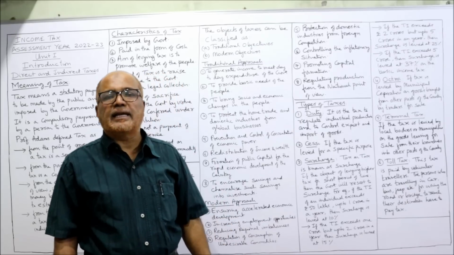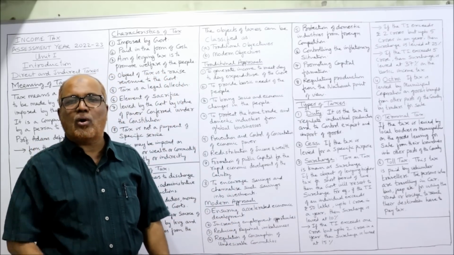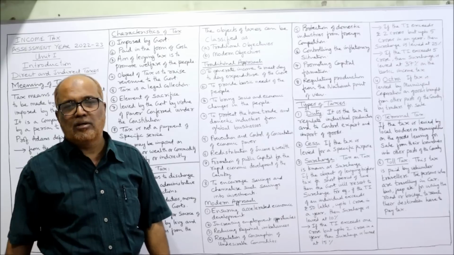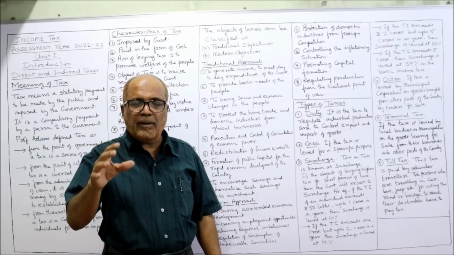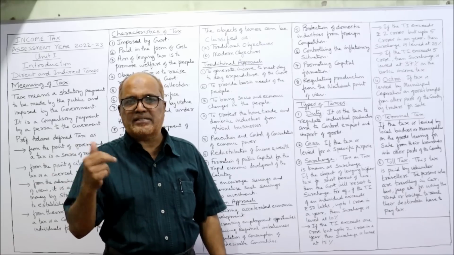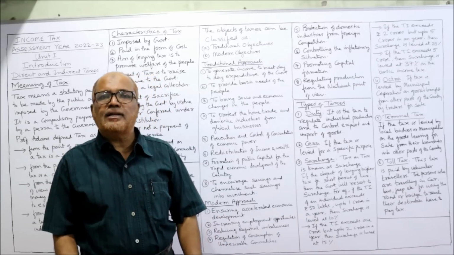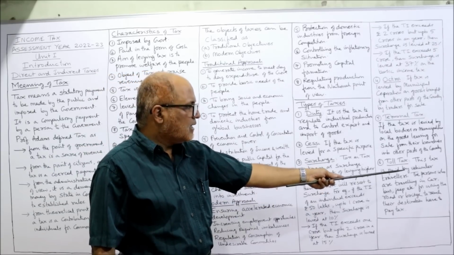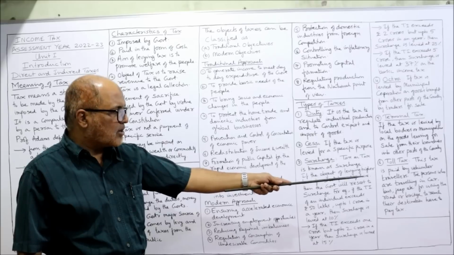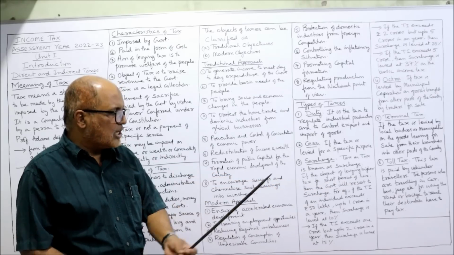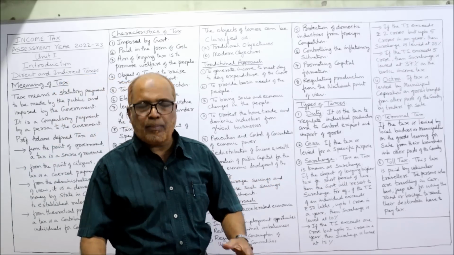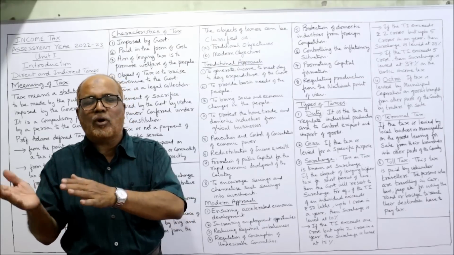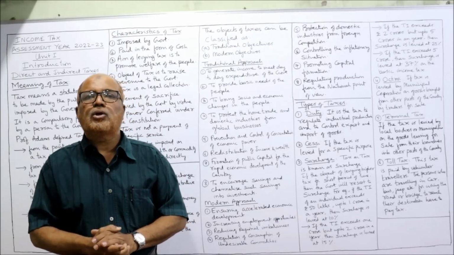Last one is toll tax. The toll tax is a tax on vehicles moving on a particular road or particular bridge. When people travel in cars or jeeps or buses, they have to pay toll tax for using the roads. So this tax is paid by vehicular travelers. The persons who are traveling in car, jeep, bus, etc. for using a road or bridge to reach the destination have to pay the toll tax.